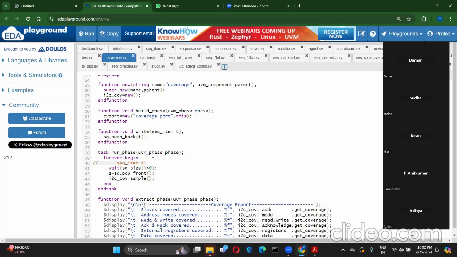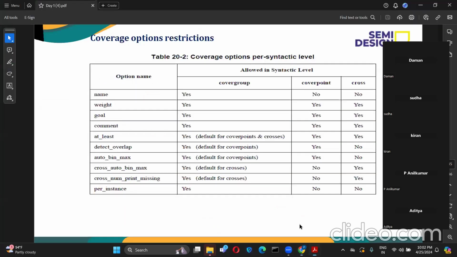Through analysis, each component can have a run phase. Means the driver can have its own run phase, coverage can have its own run phase, the test can have its own run phase. Every component can have its own run phase. Correct? If you don't know, it's like that. For every component, it can have a run phase, and in UVM, all the run phases will execute parallelly. Okay, got it. So let's go back to our slides.